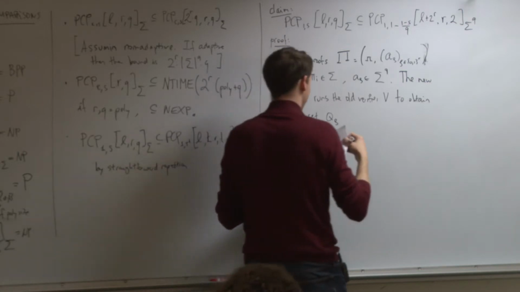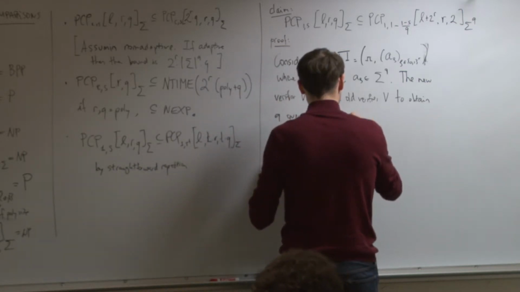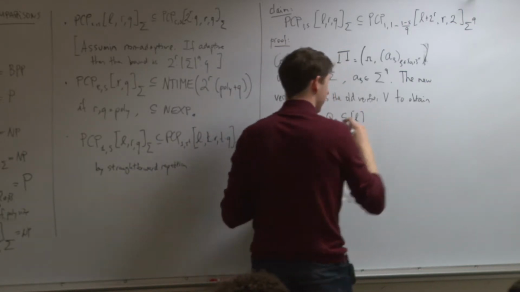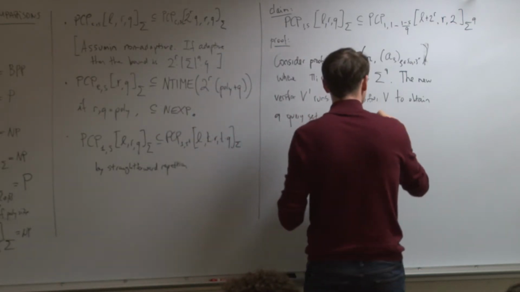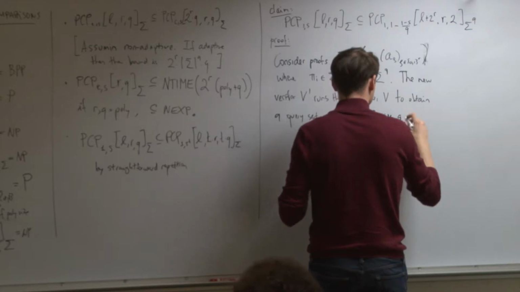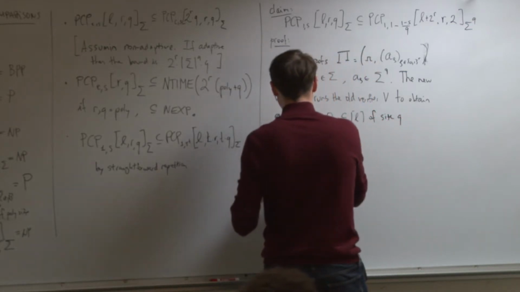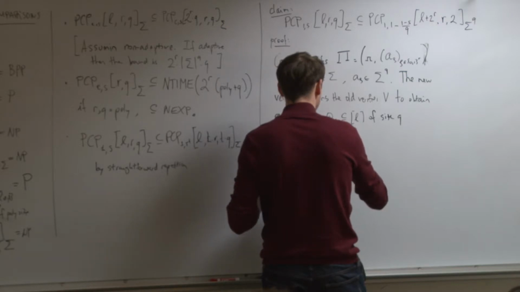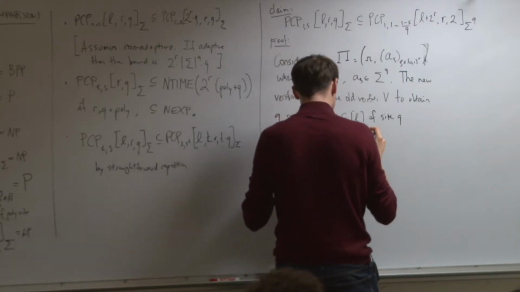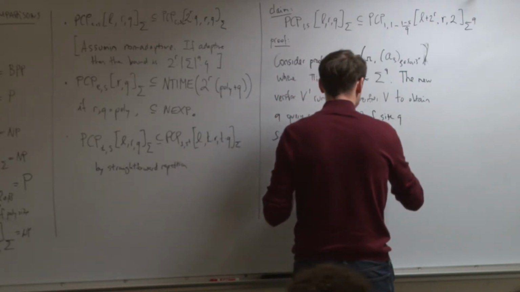Now this is a subset of L of size q. Then what it does, it samples i at random from 1 through q, okay? And checks that